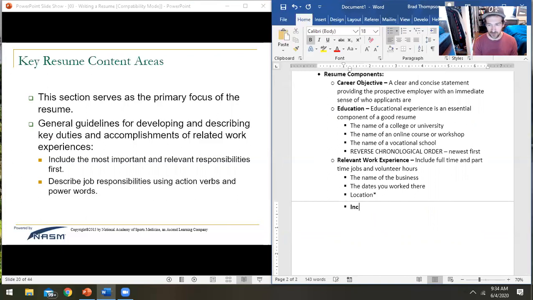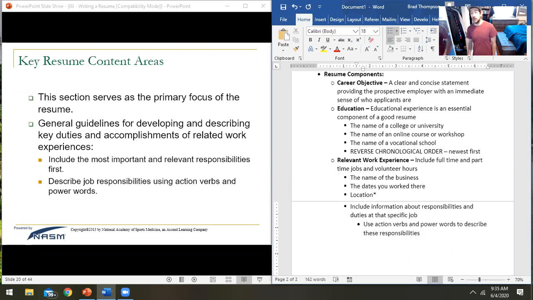So include information about responsibilities and duties at that specific job. And if you can, use action verbs and power words to describe these responsibilities. So if you can, try to use some action verbs. Try to say